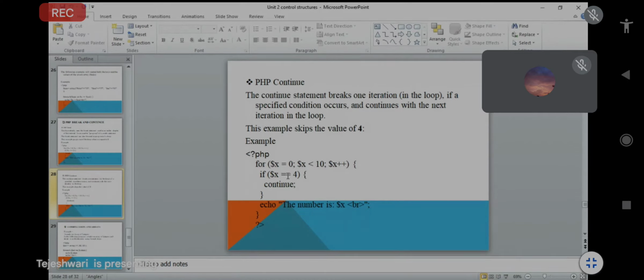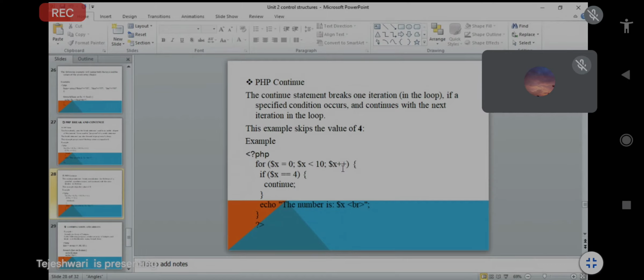So in this example, the main thing to remember about continue is that the continue statement just continues with your statement and skips the particular value that you want to skip in the program. That is given in the if condition, because we already gave if $x is equal to 4.